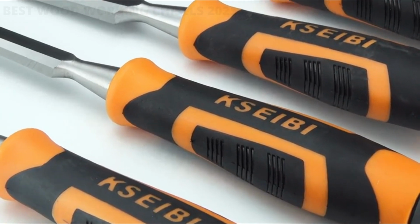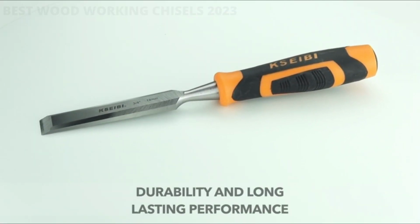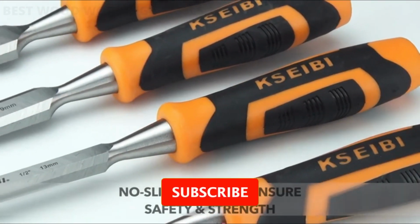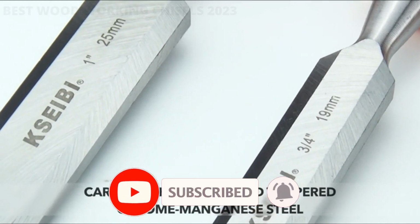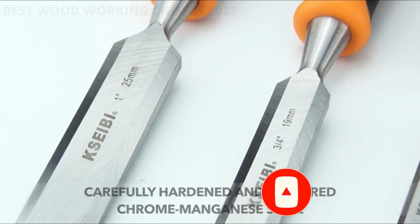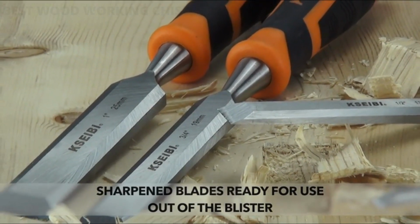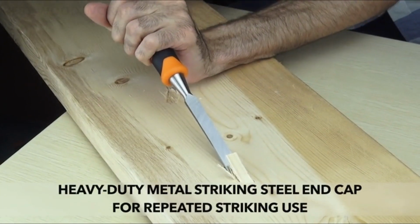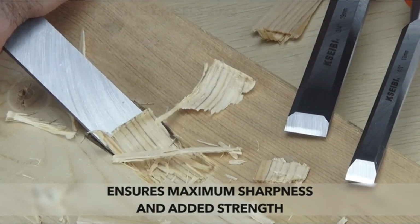Woodworking wood chisels are an essential tool for any woodworking enthusiast. These chisels allow for precise and clean cuts in wood, making them ideal for carving, shaping, and smoothing. They come in a variety of sizes and shapes, including straight, bent, and angled, allowing for versatility in any project. A durable steel blade and comfortable handle make these chisels easy to use and long-lasting. Whether you're a seasoned woodworker or just starting out, a set of woodworking wood chisels is a must-have for any